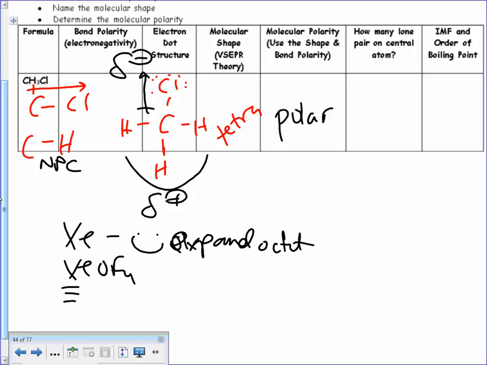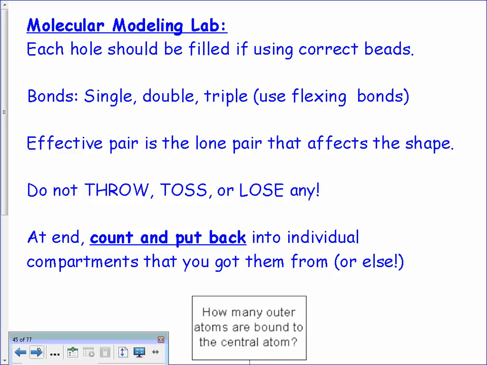But like I said, partner up. I have the molecule kits in the back. You just have to make sure that you keep your molecule kit together. And let's go. If you don't have 85% of it done, do not get up, because I've already seen it, it's done or not. For the lab, and that's really